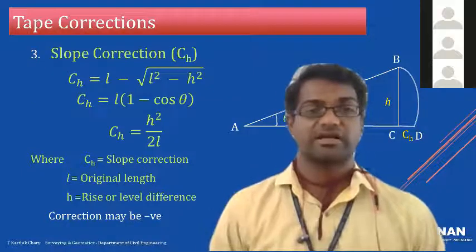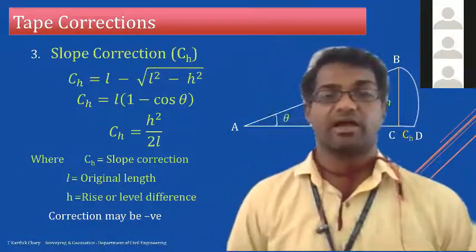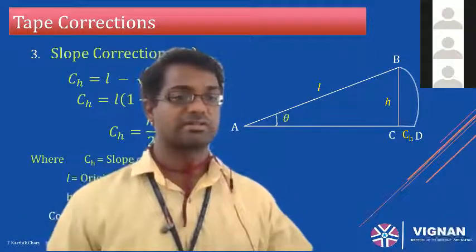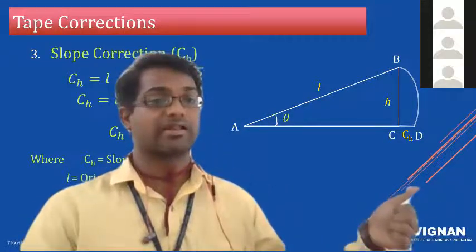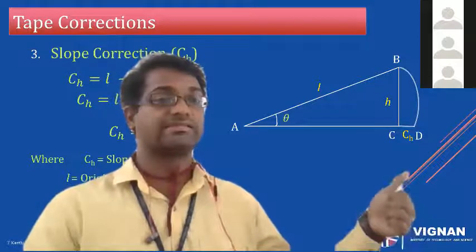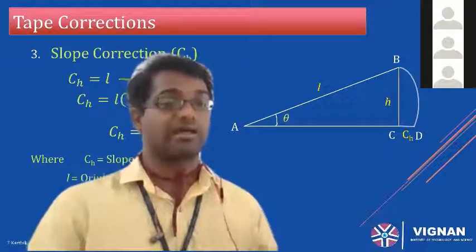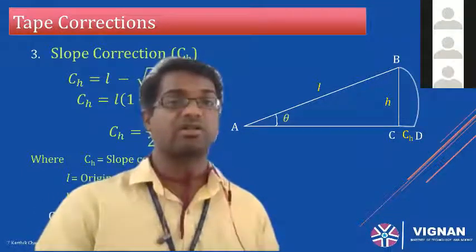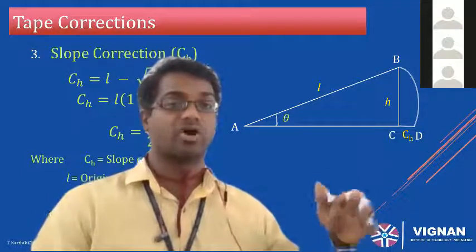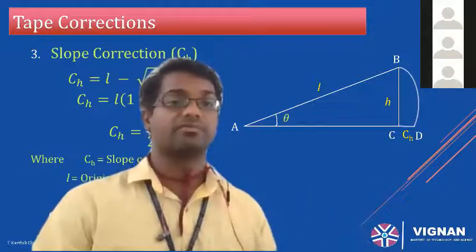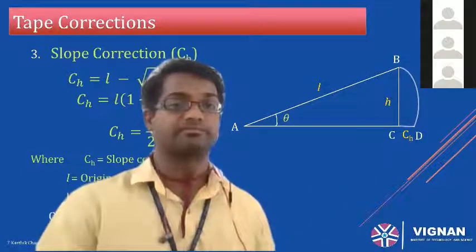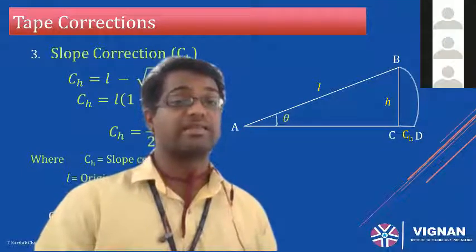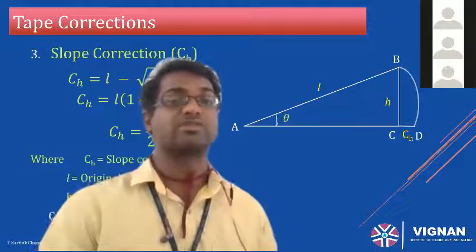Slope correction is a correction. Say for example, in this diagram you can closely see that I actually wanted to calculate the distance between point A and point C, right? But because the ground was in a slope condition, you have a downward terrain, so you have calculated AB, because AB is actually greater than AC due to the inclination theta.